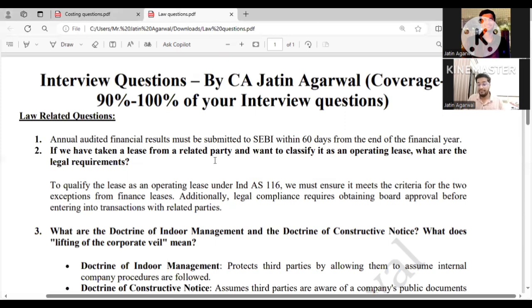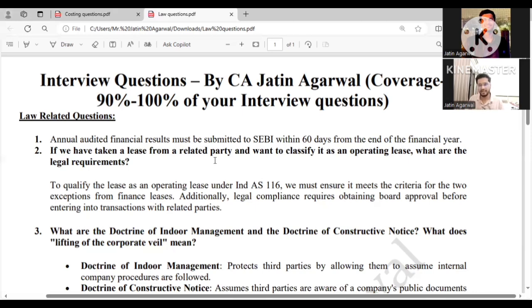Next is, if we took a lease from a related party and want to classify it as operating lease, what is the legal requirement and can we do it? So first, we can do it as per Ind AS 116 if that lease follows the two criteria which are there in exceptions, right? First is your short-term lease and second is low value assets. And what is the legal requirement? That for such transactions with a related party, we have to obtain approvals,